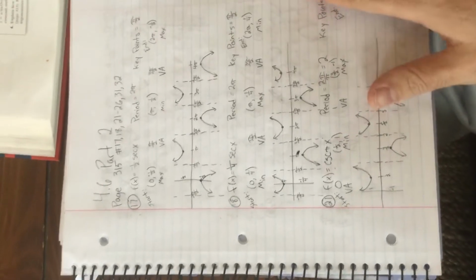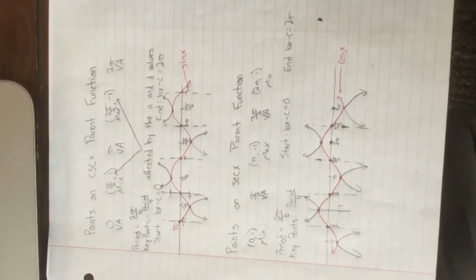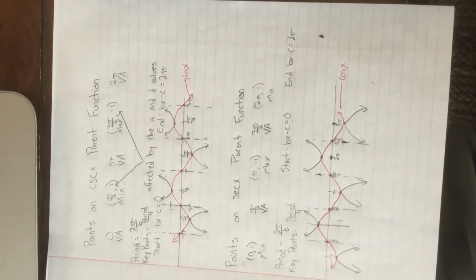Good morning. In this video, I'm going to go over 4.6 part 2. I'm probably going to just go through a few examples because there's a lot of them. Probably the ones at the end that were more difficult. Just following these notes that I sent out with your points on the parent functions of the cosecant and secant